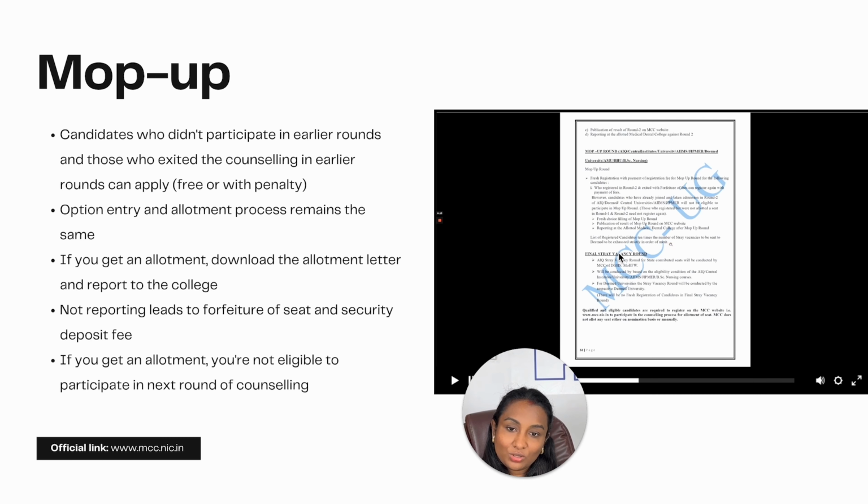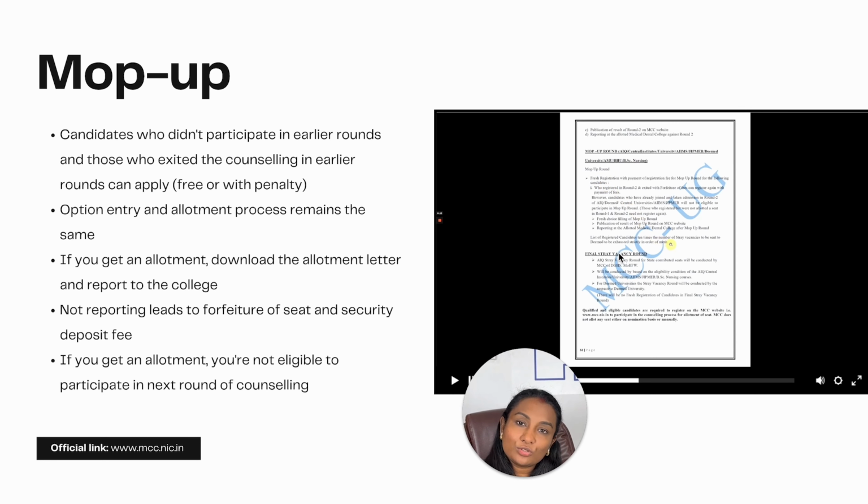Option entry and allotment process will remain the same as in the last 2 rounds. You will do your preference order. Based on the choices that you exercise, you will get a seat allotment. If the seat is not allotted to you, you will be eligible to move towards the stray vacancy round. If you have an allotment, download the allotment letter, go to the college and finish the joining formalities.